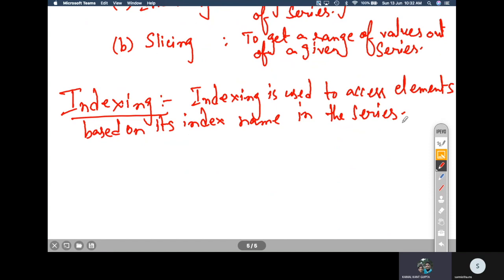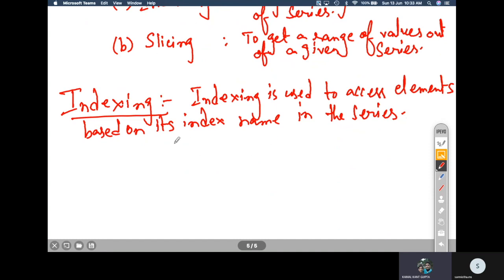And the labeled index is the user defined index that we have defined. You can use both of them. Even if you have given a labeled index, you can still use positional index. So you can have a positional index as well as a labeled index.